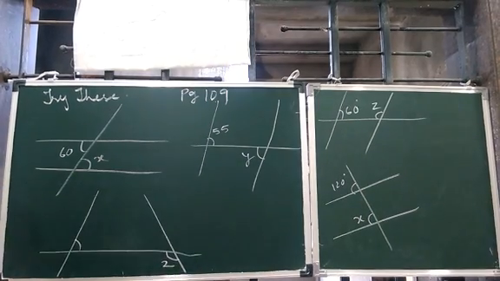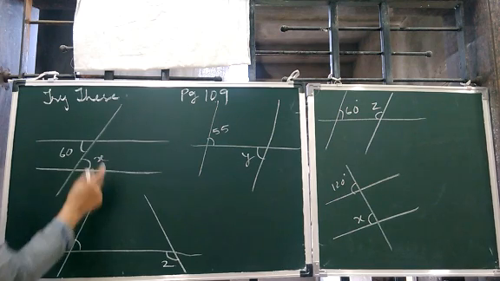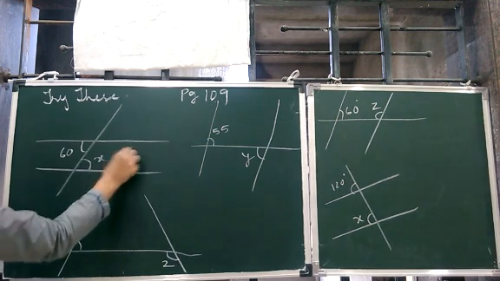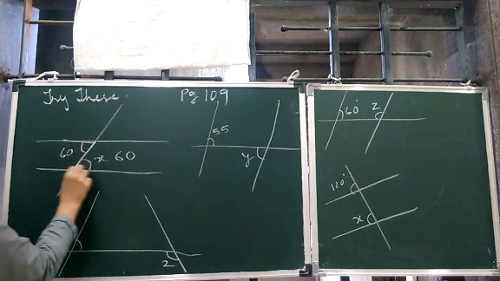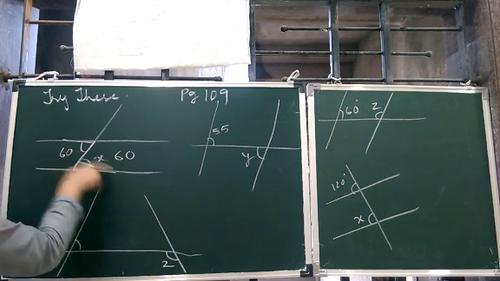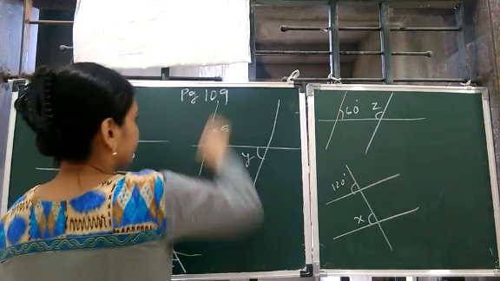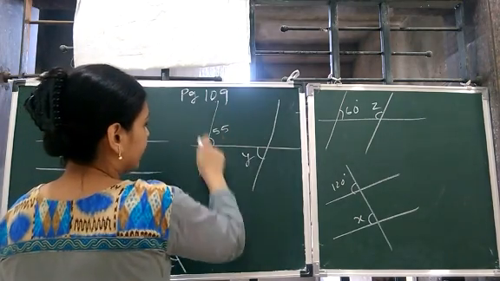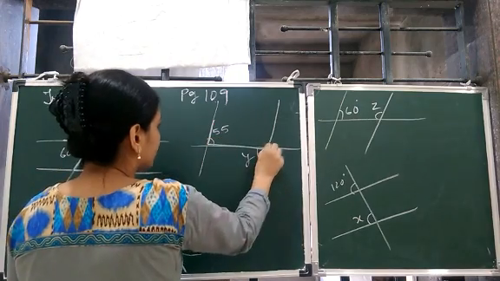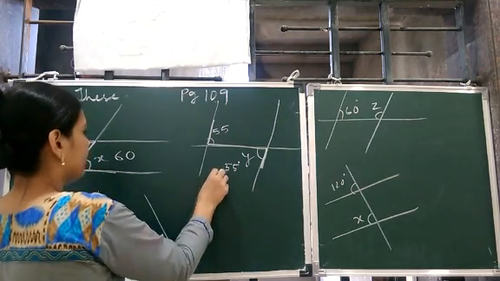So this is Try These. Line L and line M are parallel. T is the transversal. Then what should X be? X will be 60 degrees. Why? You can see the formation, and we have studied now parallel lines. We have studied three properties, in which one property is this only: alternate interior angles are equal. Again, this is a parallel line, this is a transversal. Again, alternate interior angles. You can see the formation of Z. So Y will also be 55 degrees. So you can write here alternate interior angles.